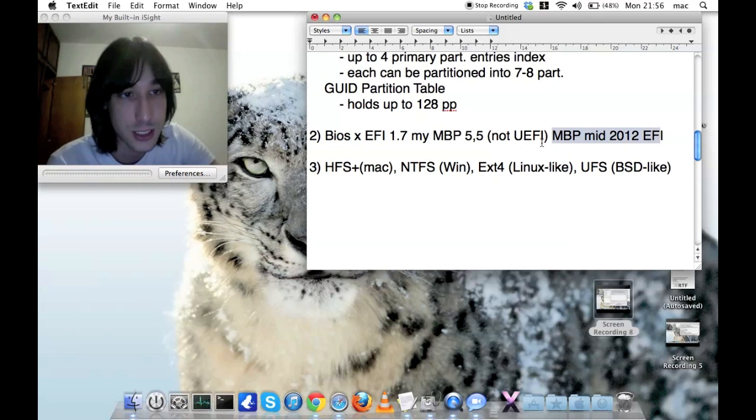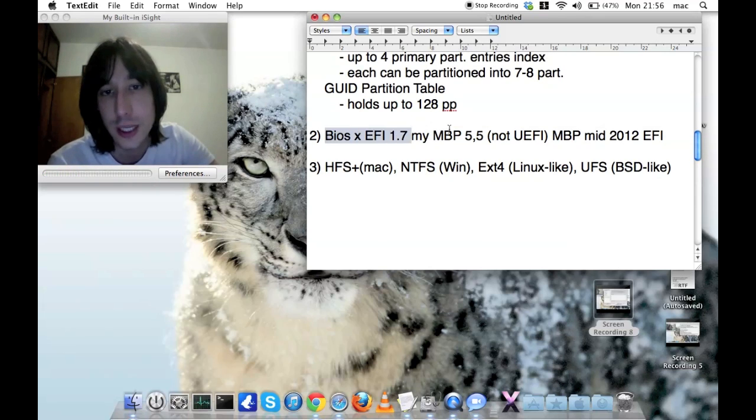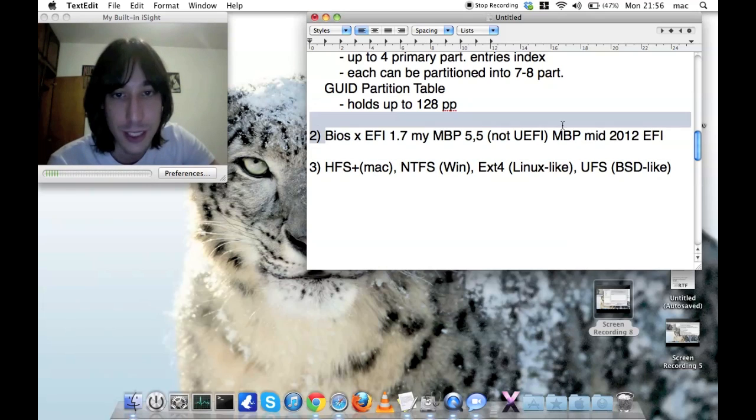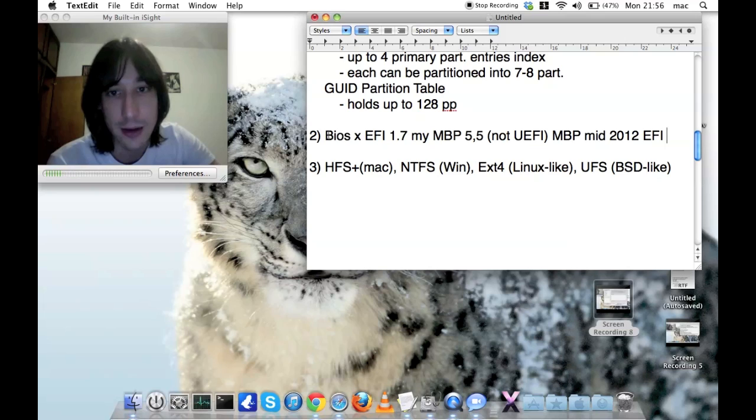But don't mind that very much, because I guess there aren't many differences between the versions, and the main difference